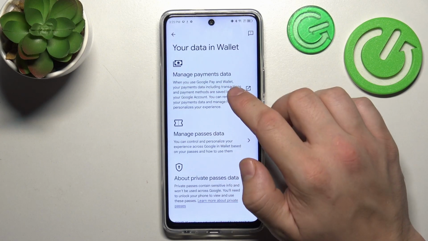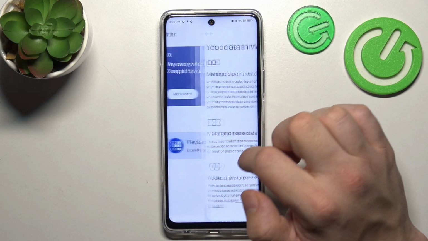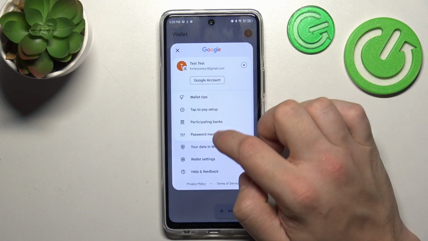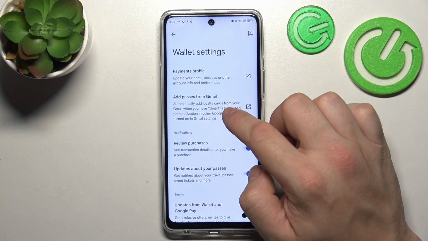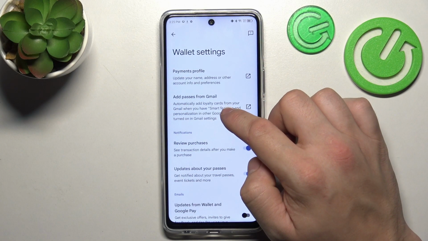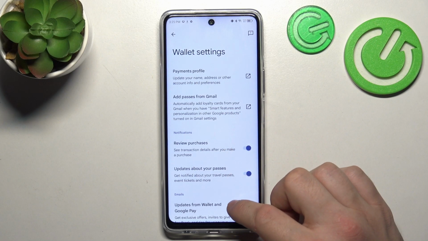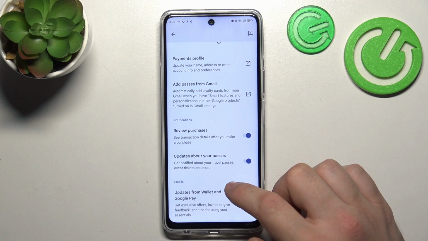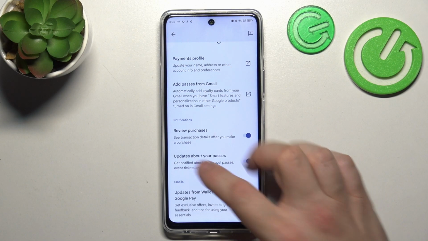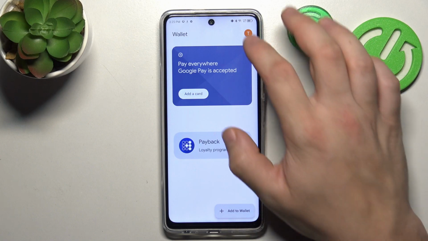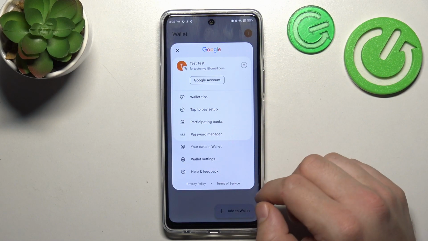In your data in Wallet, you can manage payments data and passes data. In Wallet settings, you can manage payments profile, add passes from Gmail, enable or disable review purchases, updates about your passes, and updates from Wallet and Google Pay. In the end, you can go to Help and Feedback, and that's